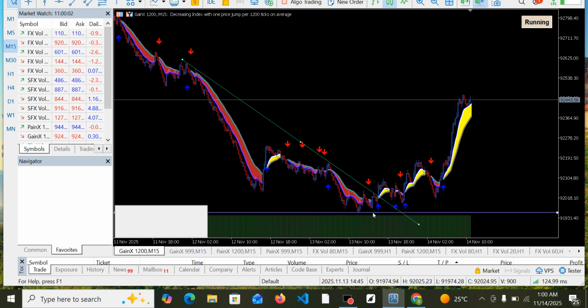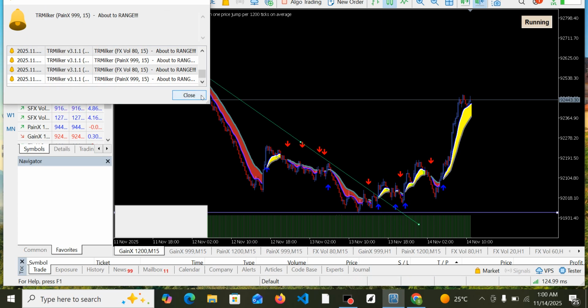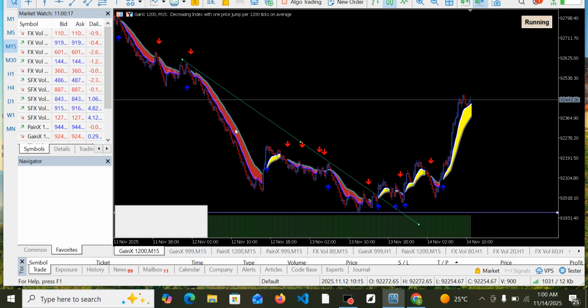around here, because this is Gain X. It has gotten there around there. I will wait for it to switch from a downtrend into an uptrend. You can see this red color signifies a downtrend. So immediately it switched from a downtrend into an uptrend,